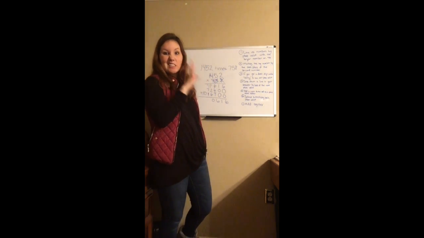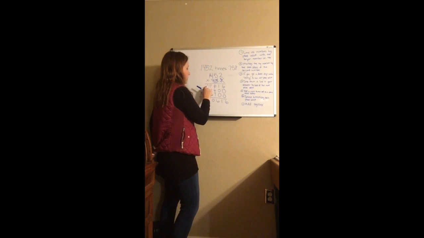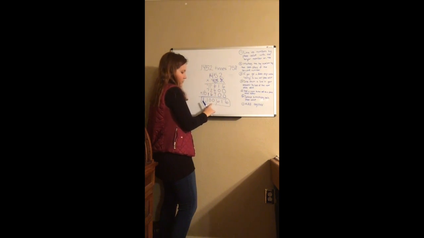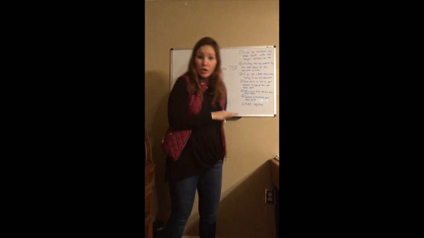The same thing we did in the addition section. So 1 plus 1 is 2. Plus 7 is 9. Plus 1 is 10. Then we have 1 plus 0 is 1. And then 1 that's left over there. So our number is 1,100,616. So again, this one was a longer one,